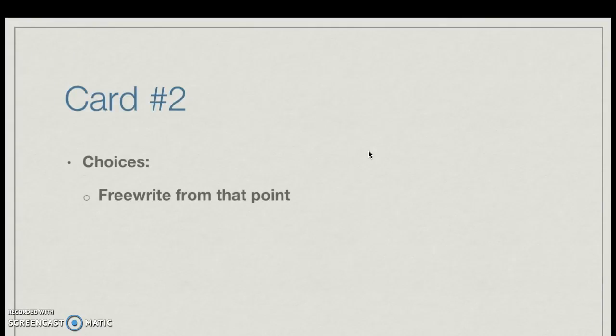I want you to pick one of those things that you circled, and I want you to write for 3 minutes. So set a timer somewhere on a watch, on an iPhone, whatever device you have, and stop yourself after 3 minutes. So a 3-minute draft. Or you can take 3 minutes and continue to brainstorm by listing more things on your card. So I want you to pause me right now and do that for 3 minutes.